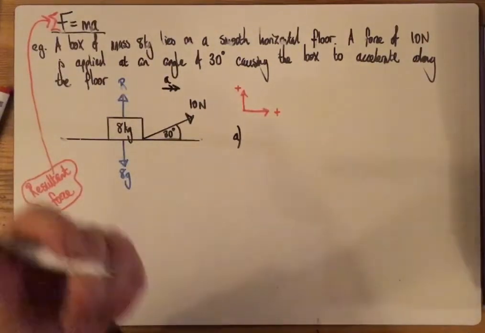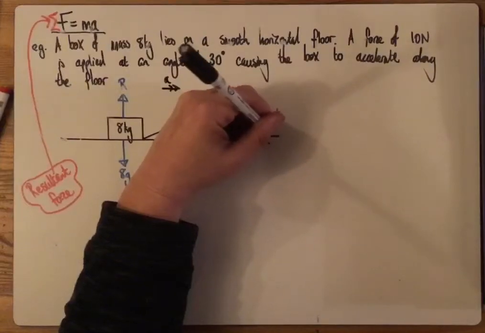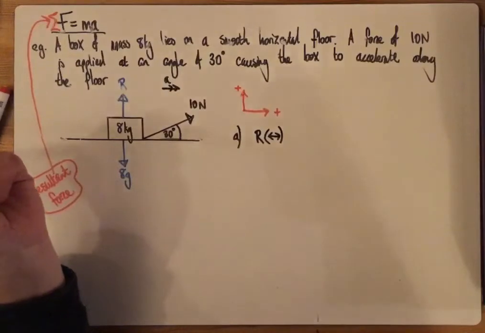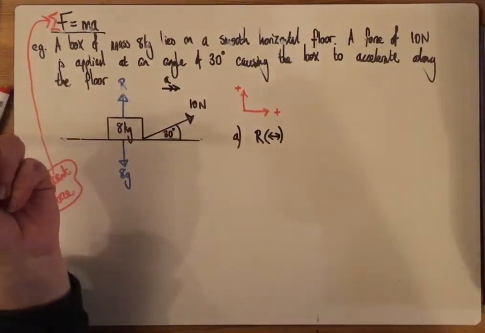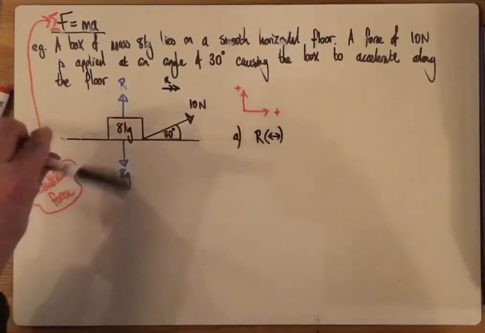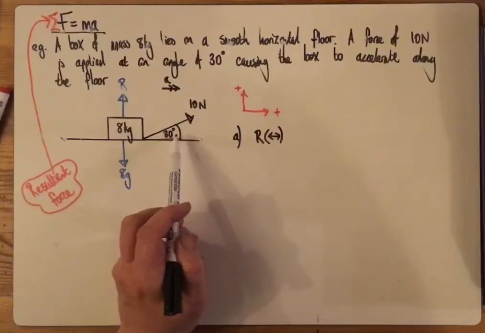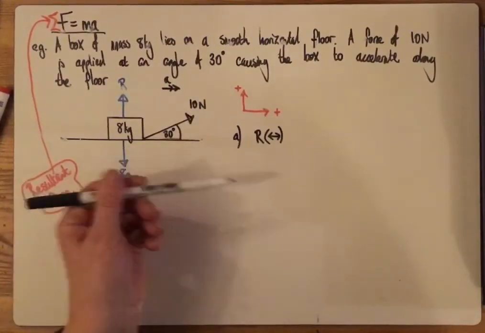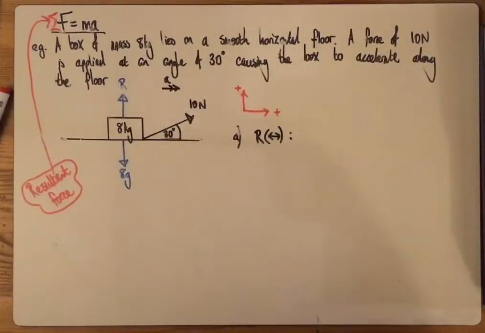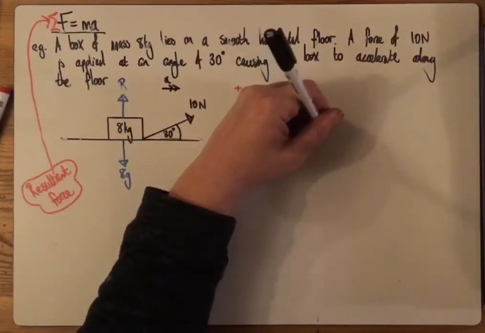So I want to resolve forces horizontally to find the acceleration. And I need the resultant force. Nice and easy for this one because it's sliding along a smooth floor. The only force acting in the direction of motion is 10 cos 30. So it's just a component of this force acting parallel to the floor. So 10 cos 30